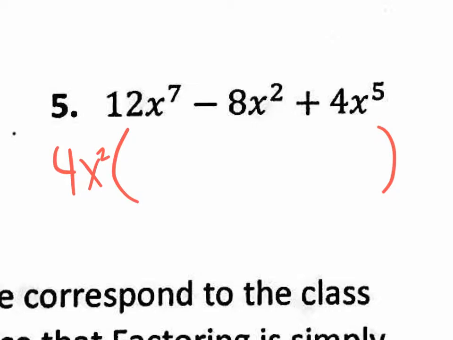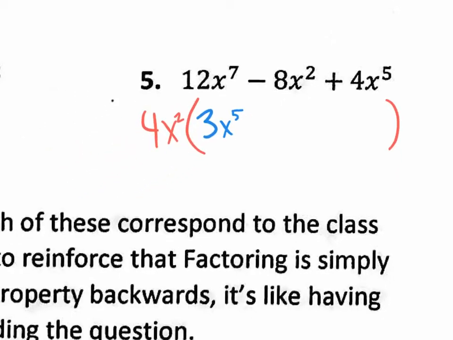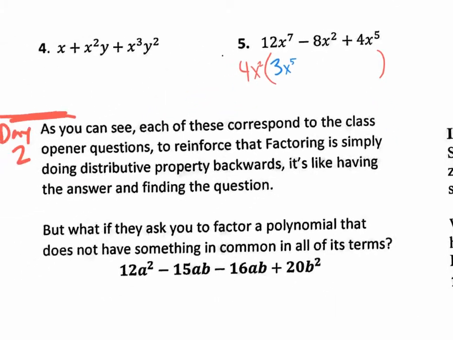And then you could figure out what's left over on the inside. In other words, 4x squared times what is 12x to the 7th? That would be 3x to the 5th. And so on and so on. You guys already have this done. I just wanted to